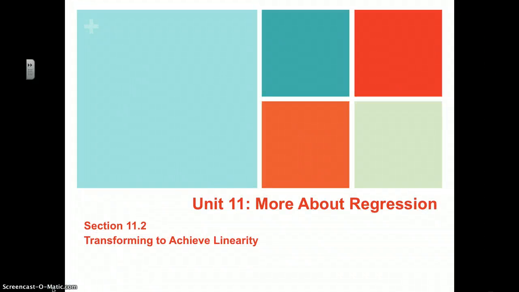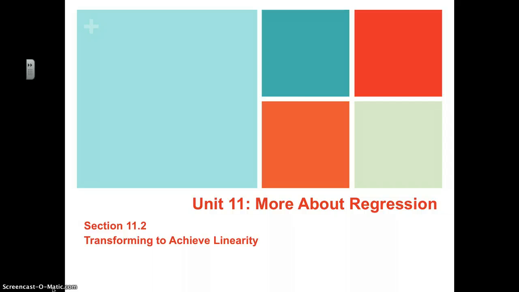Okay, guys, so first video, well, officially the last lesson that we have to talk about. We're going to be talking about the idea of transforming to achieve linearity. So we may have some relationships that don't appear to be linear, but we'll manipulate a few things in our data in order to transform them to become more linear so that we can find a regression line which can help us for predicting